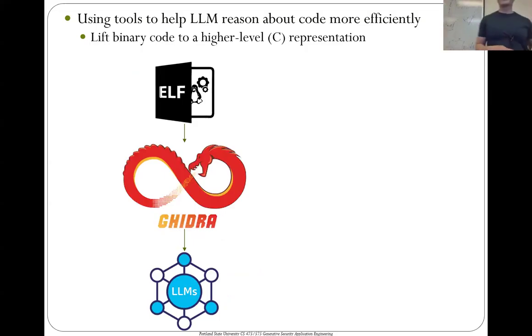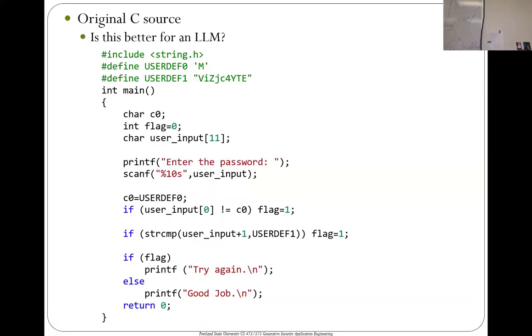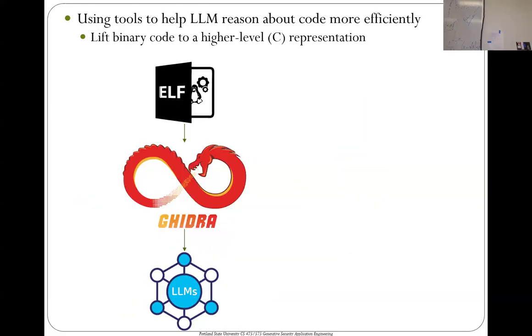You're trying to build a reverse engineering agent, an LLM agent, but you need to give the LLM some help. If you have a CTF binary in ELF format, you could just send it into the Ghidra decompiler and then give the output to the LLM. Now, when I started this exercise, this was the only way to do it. The LLMs would suck at the other ways. The LLM couldn't do this. And then by doing the translation for the LLM, you give it a little bit of help,